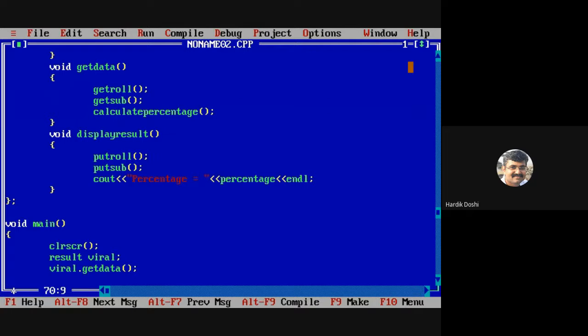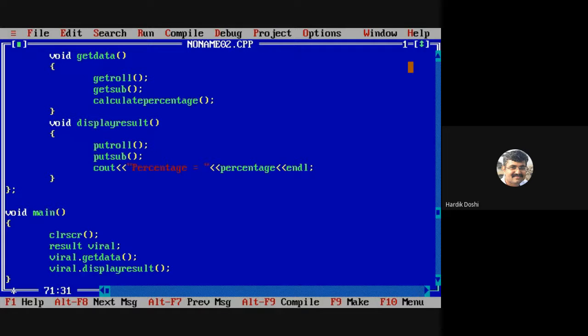So now can I write viral dot display result? So how much did you write in void main? The complete main logic went into your classes. And lastly, getch. Fine. I don't know whether it will work or not. Logically, theoretically, with the concept we have applied, it should work. The final result we will know when we compile and run.